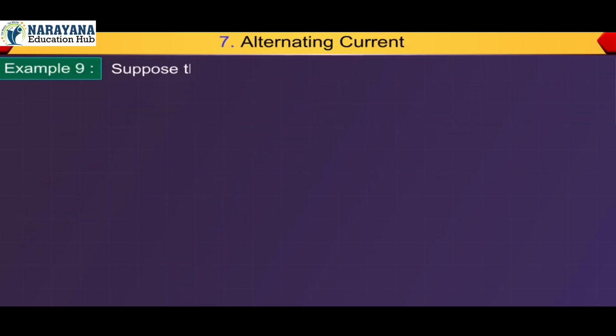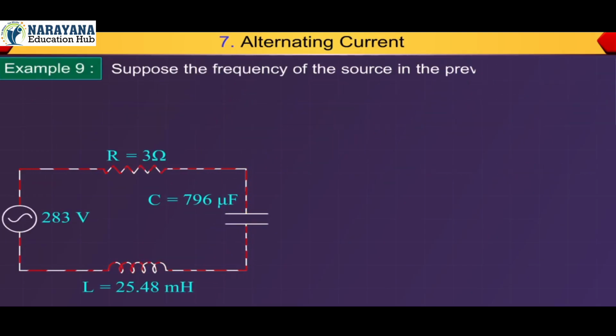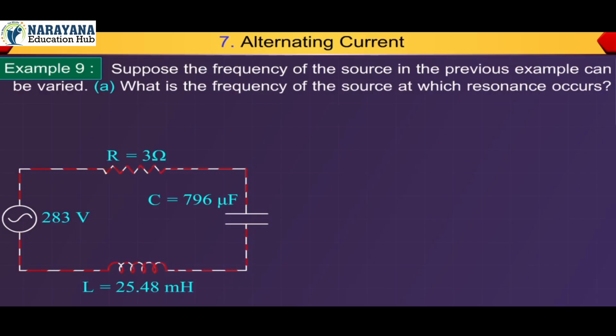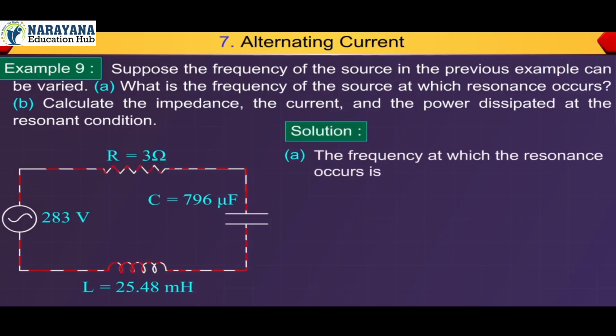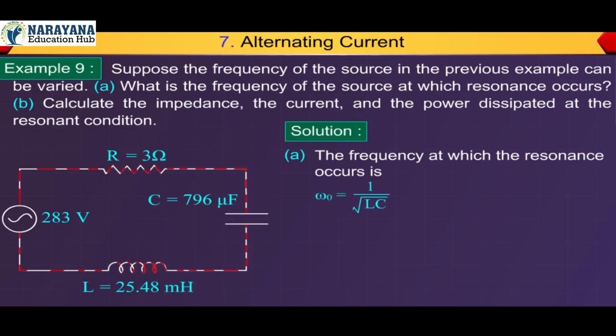Example 9. Suppose the frequency of the source in the previous example can be varied. A. What is the frequency of the source at which resonance occurs? B. Calculate the impedance, the current, and the power dissipated at the resonant condition. Solution A. The frequency at which the resonance occurs is omega 0 is equal to 1 upon square root of